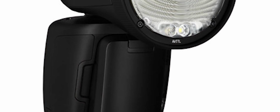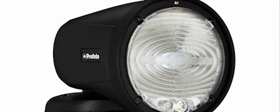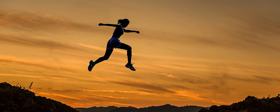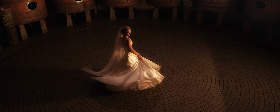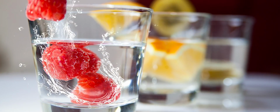Now, there are certain types of photography that require that you use flash, and flash is very important if the subject is moving fast. Now, that could be, for example, a person running or a person performing a certain type of physical activity. It could be sports. It could be even fashion, where somebody may be turning around with their garments and you want to freeze the action. This could stretch into the territory of, for example, if you're doing creative work as a food photographer, for example, you want to catch the dust particles